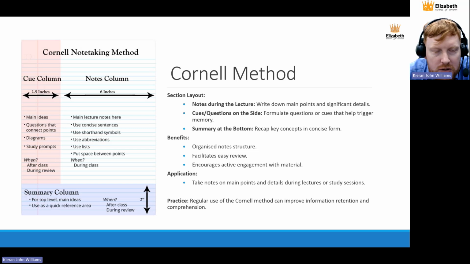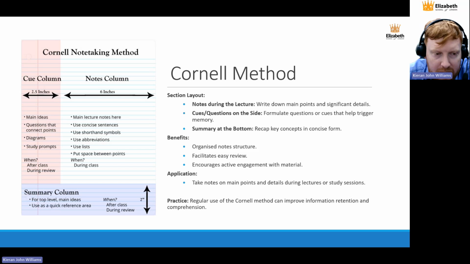And as much as possible, try not to write too much. Try to write shorter sentences with shorthand symbols, if possible, abbreviations, lists, things like that. Okay, so that's what you're going to do during the class. Now, after the class, you're then going to use the 2 other sections. So on the left, you're just going to write the main ideas and any other questions that link the points that were given